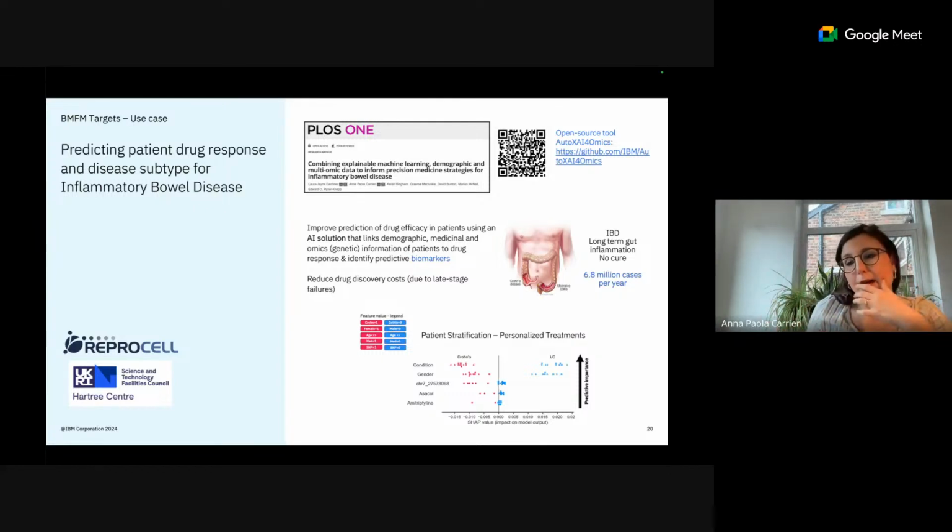We also applied some explainability to see, of our multimodal features, which ones drove the prediction, which were most influential. And we found that, for example, for patients that had colitis rather than Crohn's, the response to the drug was worse. For patients that were women, the response to the drug was better. This was suggested by the machine learning model. Some of these insights validate the model because they are consistent with what's already known about the problem. But some of them could be new.